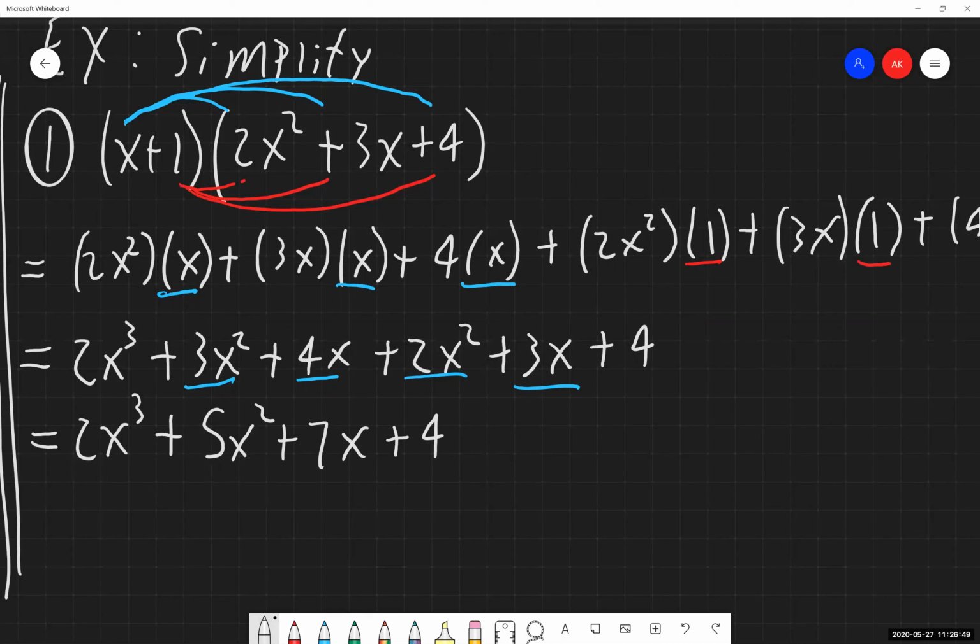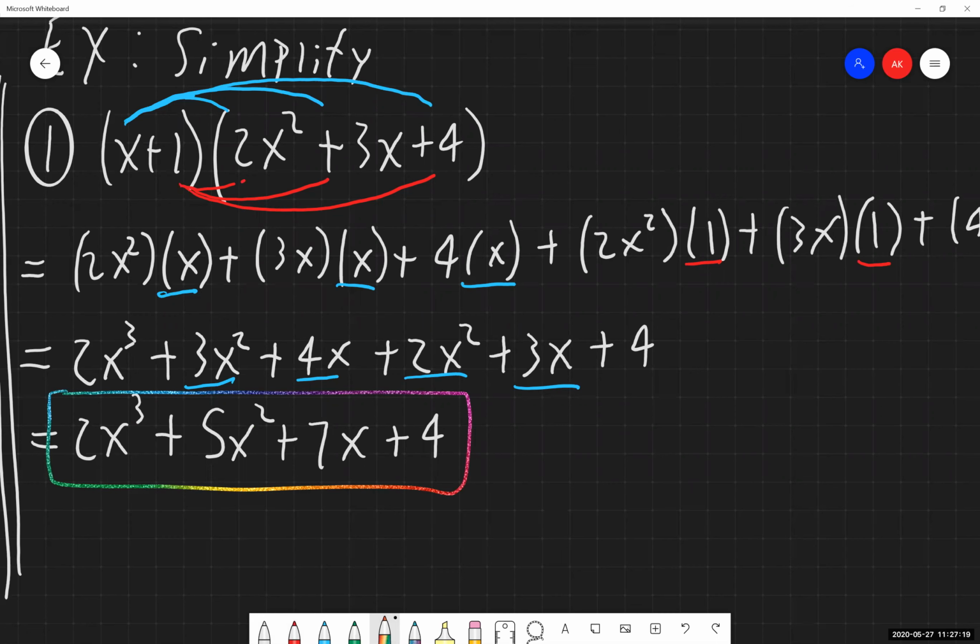It's fully simplified. And our last step, we need to rewrite this thing in standard form if it isn't already like that. So is it in alphabetical order? Yes, the x is listed first. Is it by descending powers? Yes, it is. Got the 3, then the 2, then the 1, then technically a nothing there. So this thing is written in standard form. We are good to go.